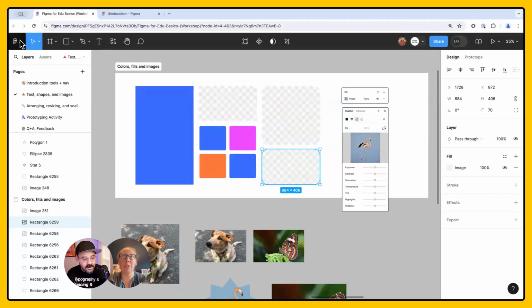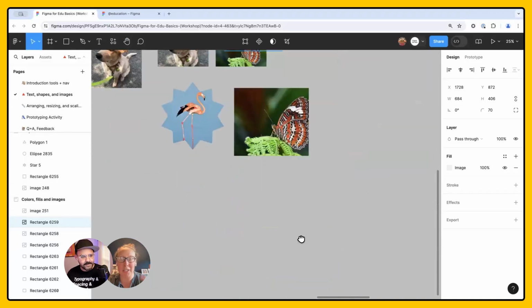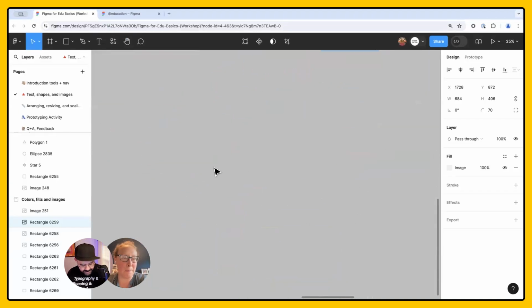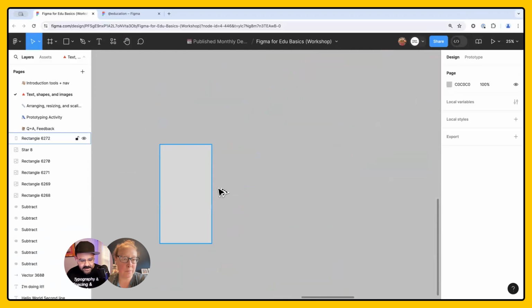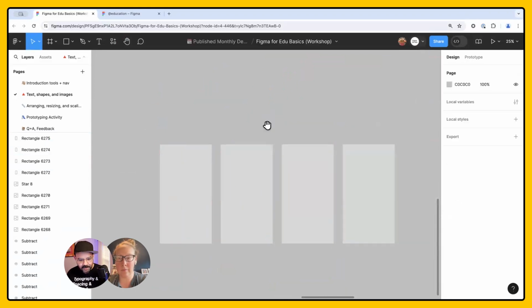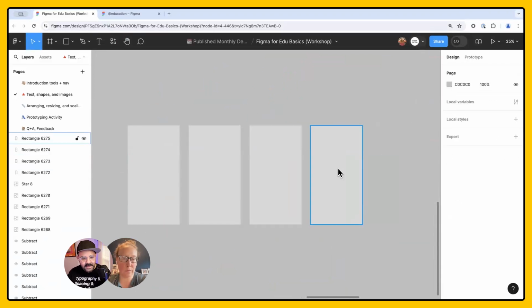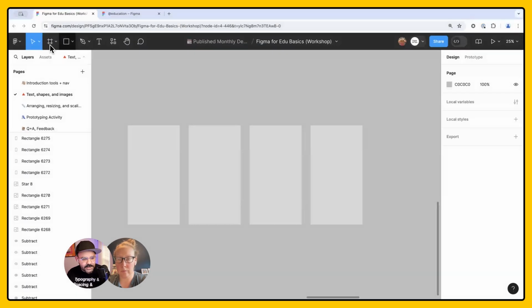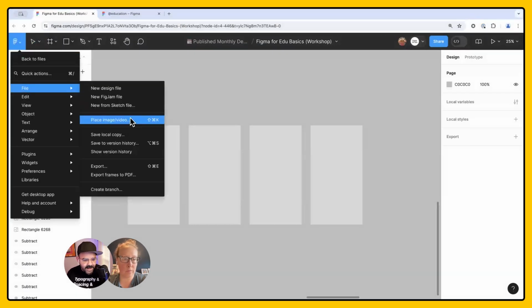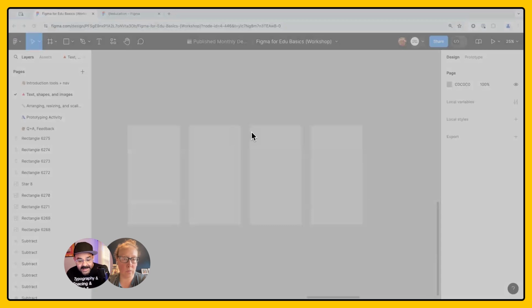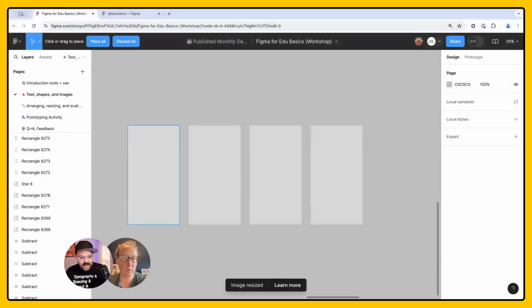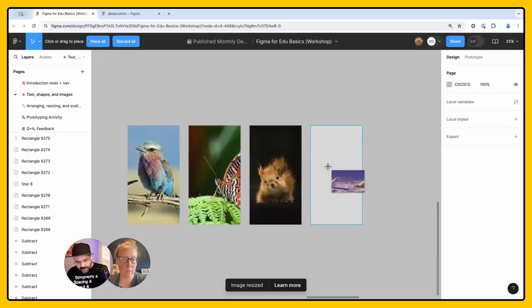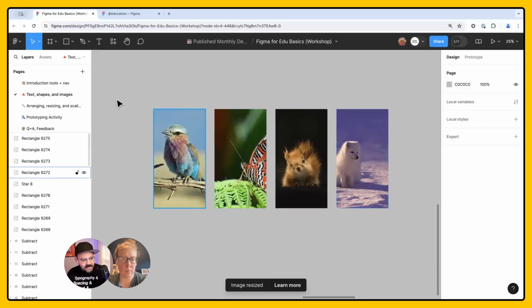So if I wanted to recreate something like Pinterest, for example, where I'm getting a bunch of images, you could do that with that tool. Absolutely, I could draw a rectangle. I can duplicate 1, 2, 3, 4. So I have these 4. I can pull up the place image shortcut, or let's do it on canvas so everyone can see. File, Place image or video. It's going to ask me for my file browser. I know that y'all can't see this, but then I can now select 1, 2, 3, 4. And there we go. I have a nice little visual.